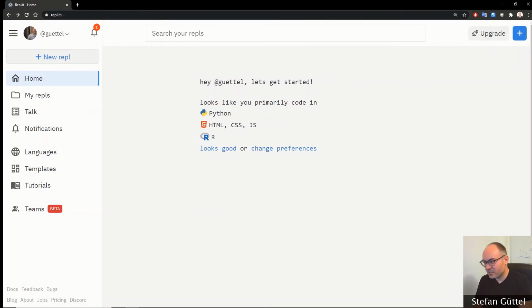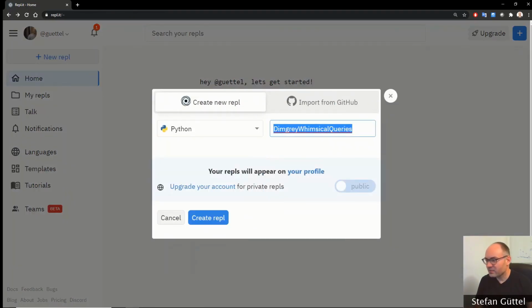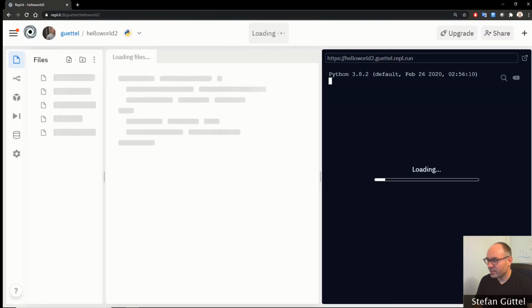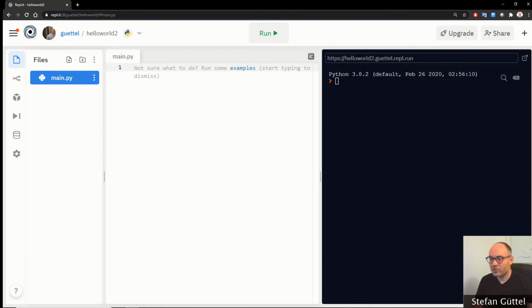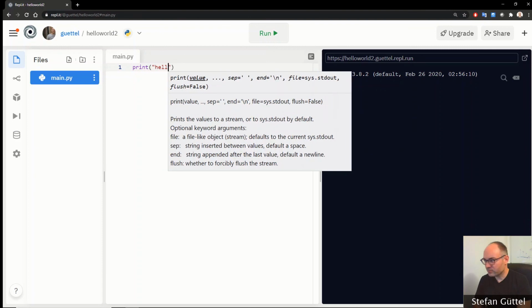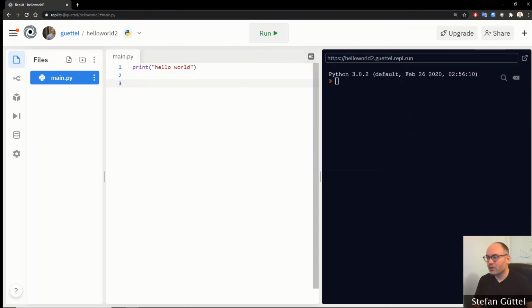We can also select a Python. We are also asked to type in a name for our program. So I will call it Hello World 2, let's say, and then create REPL. And this opens up an editor, which is this part here, and also an interpreter for our Python code. So just as in Spyder, we can now do something like print hello world, and then hit run, and it will also print hello world on the console,